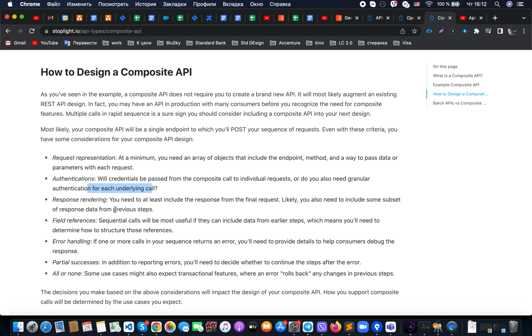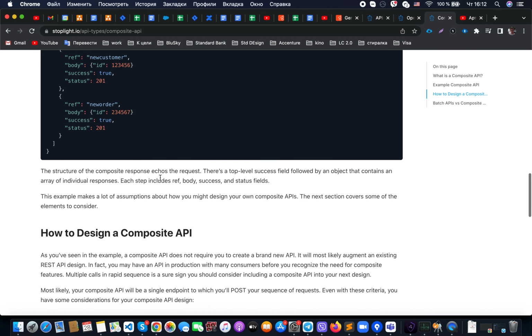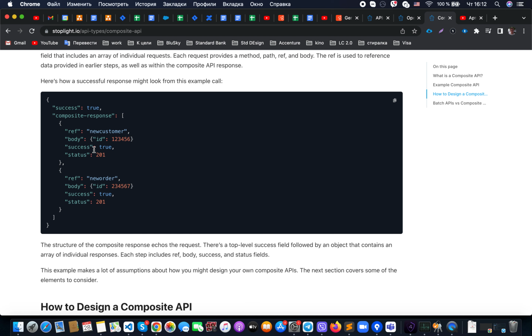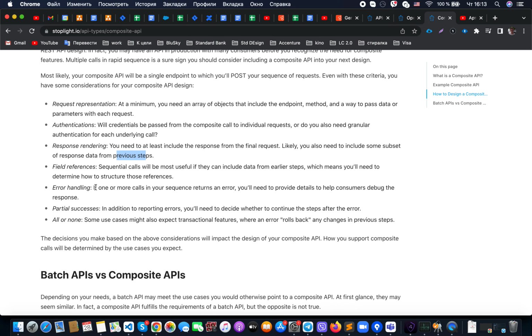Response rendering. When we perform response rendering, we need to understand what subset of representative data we should include from the previous step. For example, here you could see maybe a good example, because for each of the operations that we include in our composite request, we have included here everything related to our composite request response.